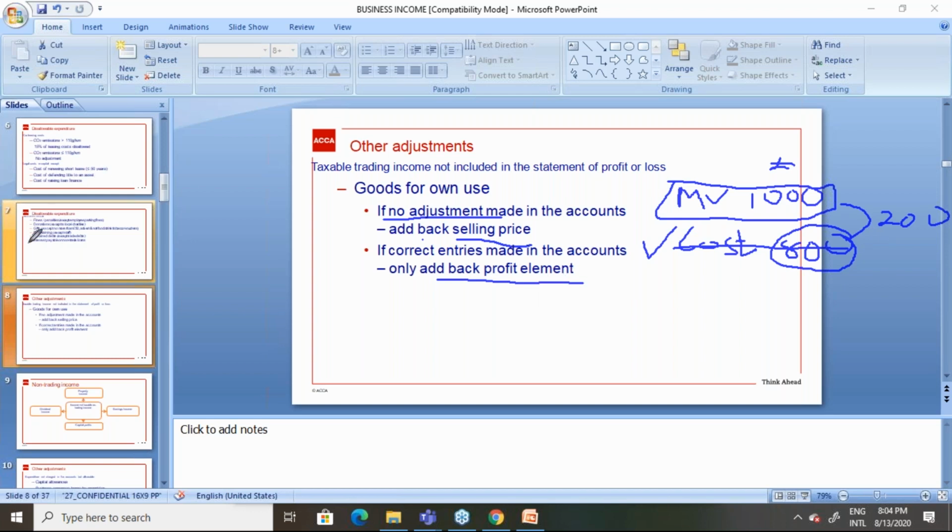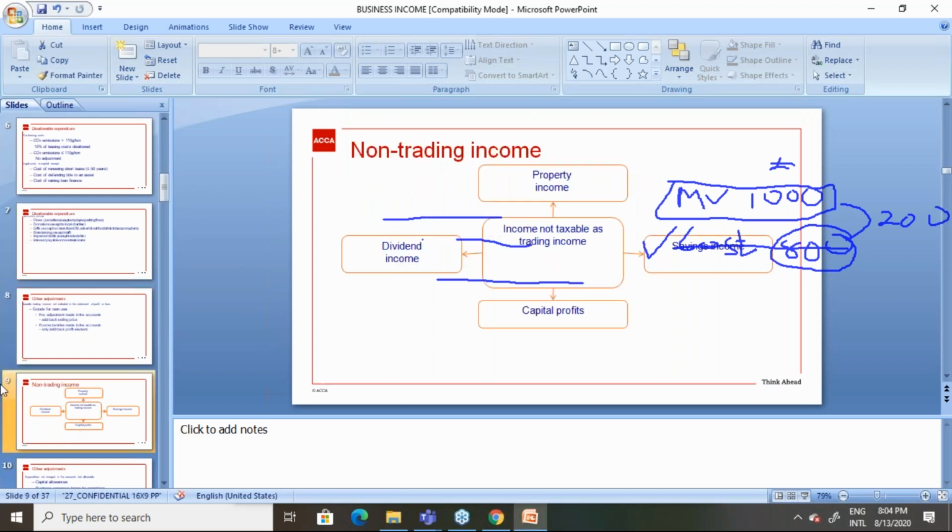If you have not recorded anything at all, then you have to increase the profit by the market value, the selling price of the product. Okay? Then